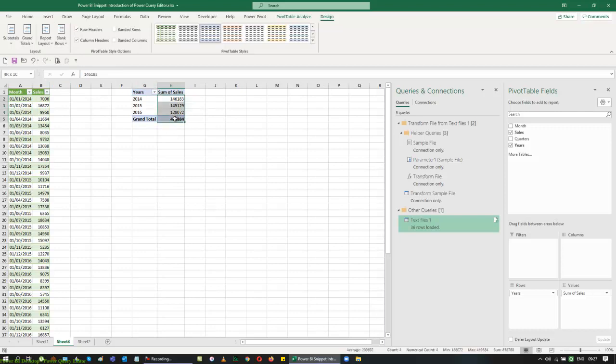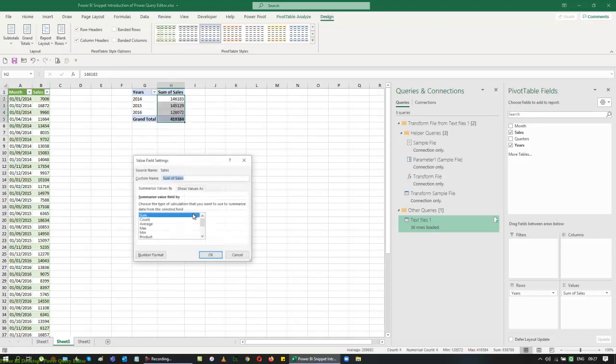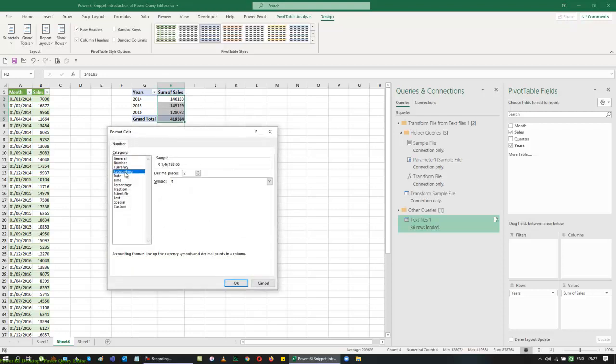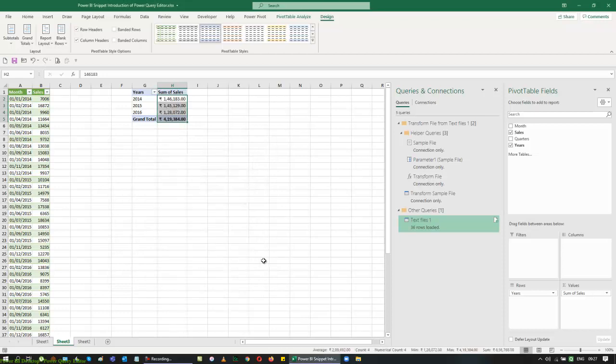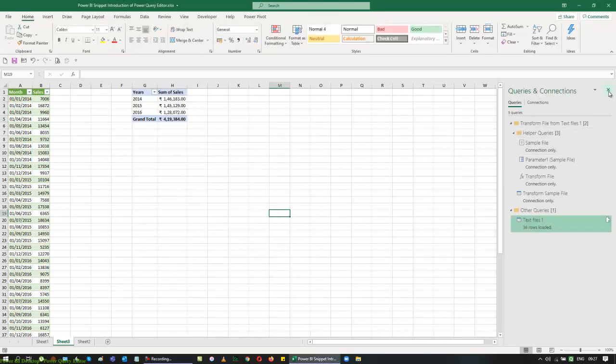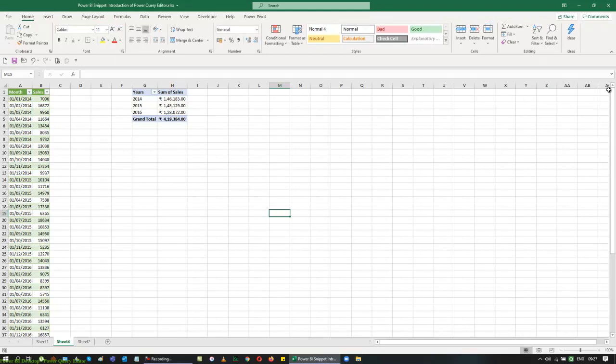And if you want to format them, you can do whatever you want to do with the table value field setting options. You can do that here. So now I got my list. When I took this particular class, I said that this is a dynamic data pattern. So now I have a folder where I have 3 years of data earlier. Now my management wants 3 more years. They're giving me the data in the order that the Power Query is going to accept it. They're giving me data of 2017, 18, and 19.